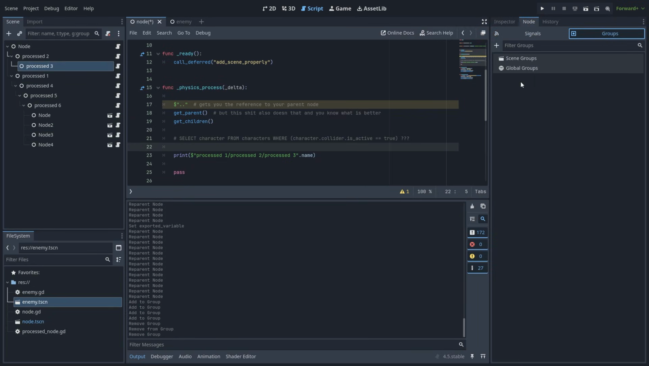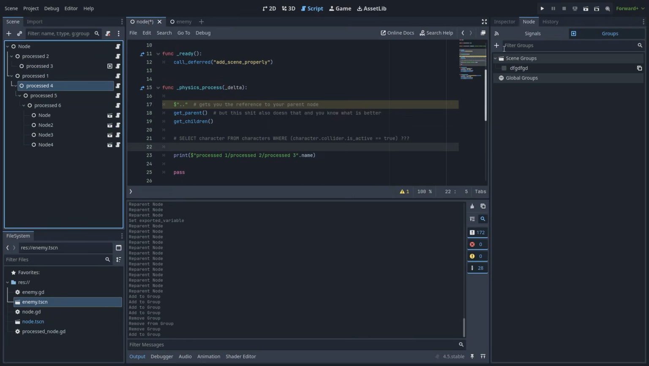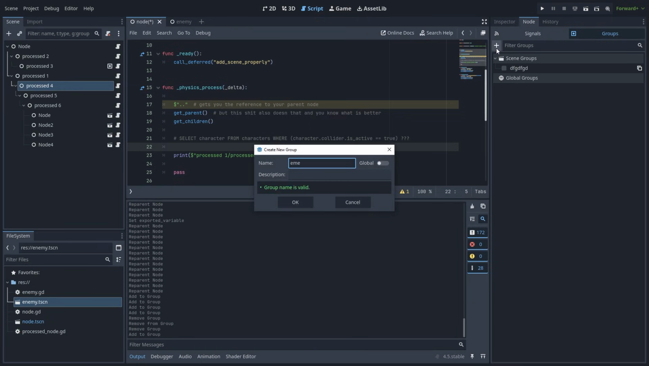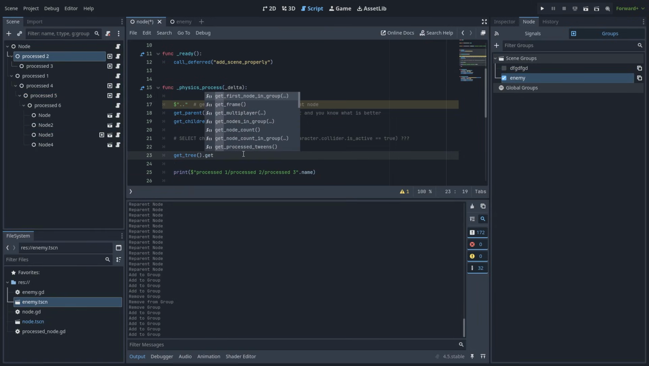In essence, you can just take any node in existence and slap onto it any number of string tags. For example, put all your enemies into a group called enemies, or all your humanoid enemies into a group called humanoids, beasts into a group called beasts, and turrets into a group called turrets. And then, instead of painstakingly traversing a huge node tree and searching for your colliders, we can just go